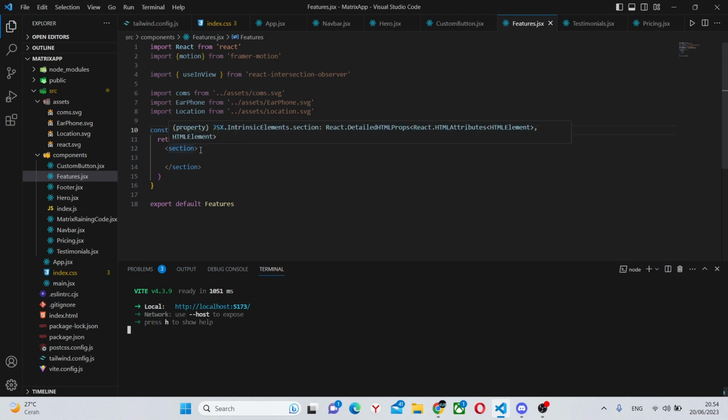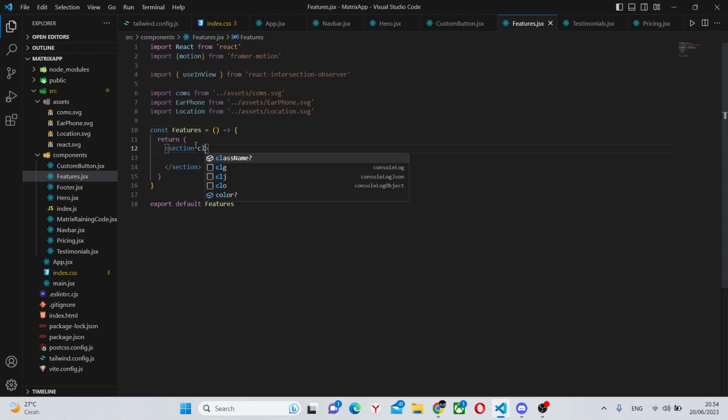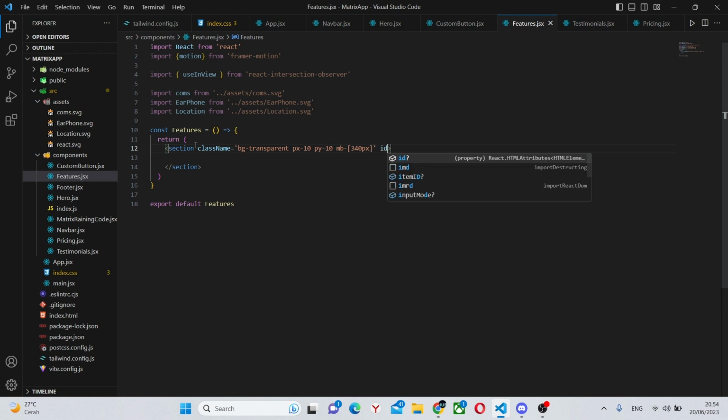Now in this section, we can say class name bg-transparent, padding x-10, padding y-10, margin bottom -340 pixels. Next, what we'll do is say id features, and the next thing we'll do is say ref equals ref.